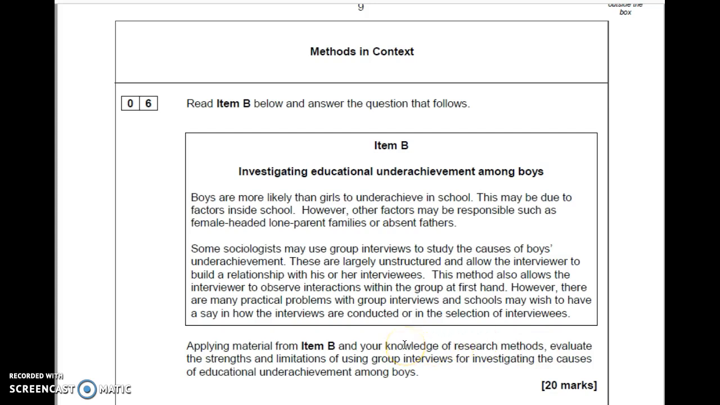Okay, so they're expecting you to know practical, ethical, theoretical issues, in this case of using group interviews, and then apply it to the research context of underachieving boys. Okay, now what I would expect students to be doing on this question is, like I said, practical, ethical, theoretical strengths and weaknesses of group interviews. I would expect them to also start to talk about the school context, that you need to get past the gatekeeper to do your interview within a school. The gatekeeper is the head teacher. The head teacher might refuse because schools don't want to highlight the fact that some students are failing,